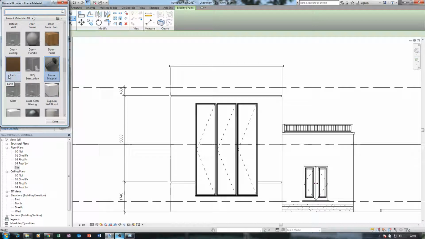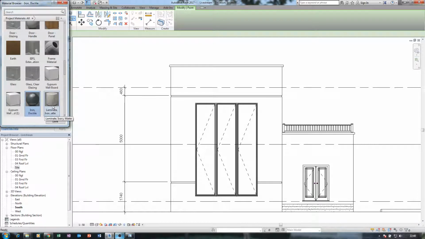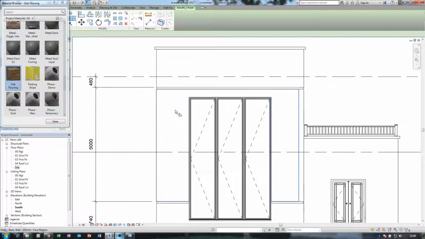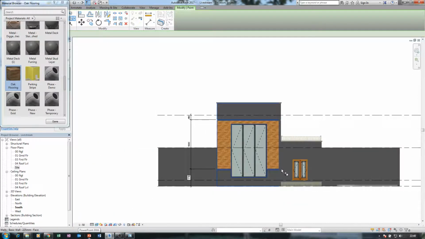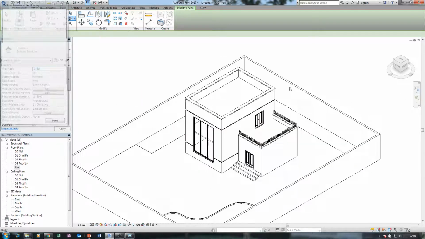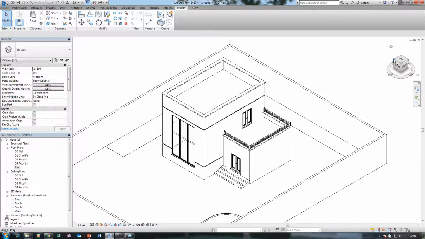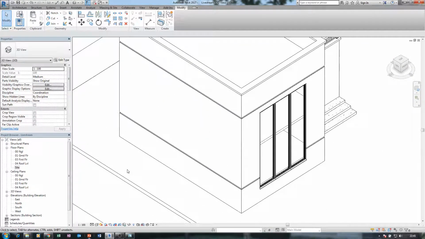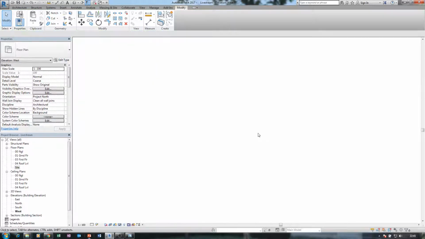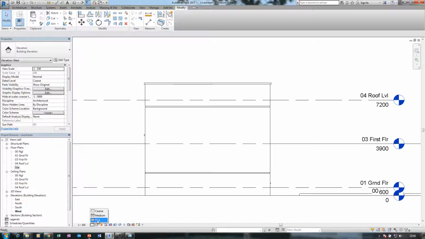So I just find a material. Okay, let me use this. So if I change this to realistic, you can see how that material changed, and that's what I'll do to all this side, but I can't just continue to do that for now. Normally let's just do it so that we know that we are not guilty of being lazy.